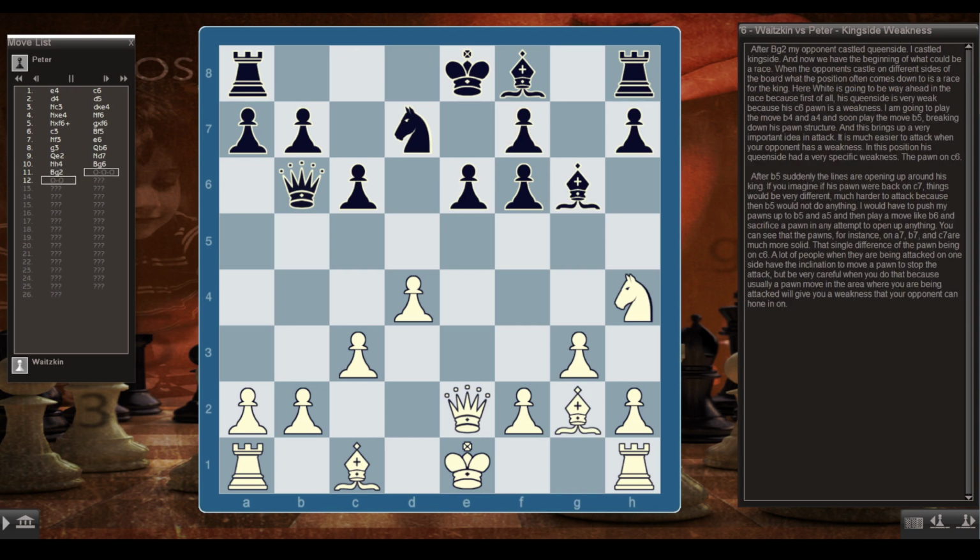After bishop g2, my opponent castled queenside, and I castled kingside. And now we have the beginning of what could be a race. When the opponents castle on different sides of the board, what the position often comes down to is a race for the king. Here, white is going to be way ahead in the race, because first of all, his queenside